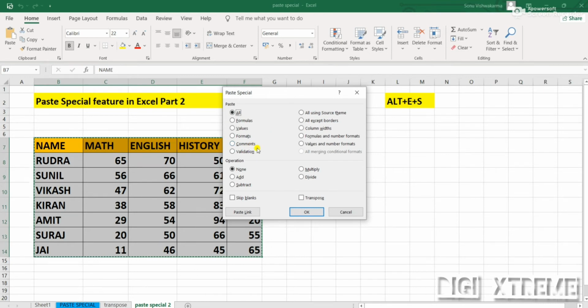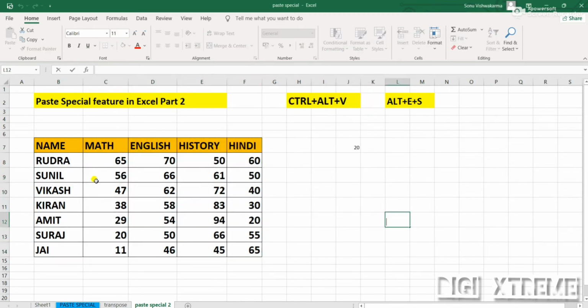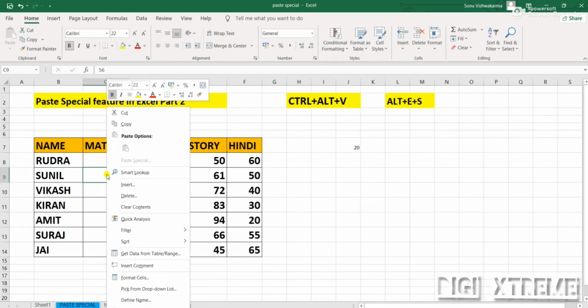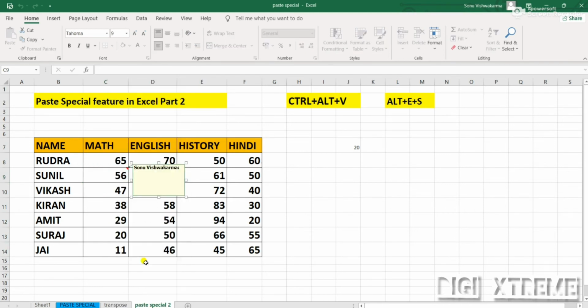To show you how this feature works, I need to apply comments over some of the cells. Let me apply a comment over this cell. As I told you before, to apply a comment over any particular cell, we right click and go down, and there is an option, insert comment.